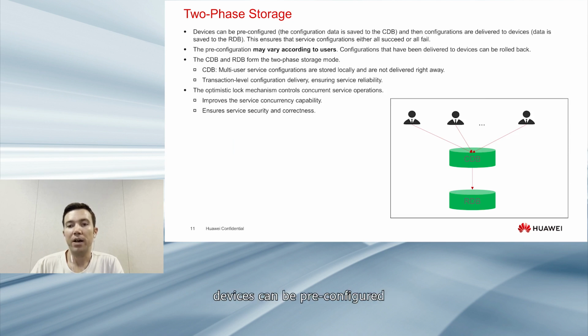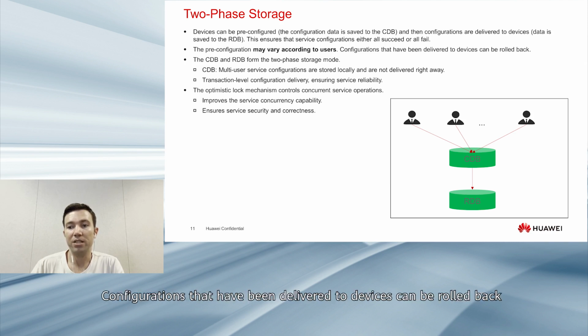With this mechanism, devices can be pre-configured, in which the configuration data is saved to the CDB, and then configurations are delivered to devices, meaning that data is saved to the RDB. This ensures that service configurations either all succeed or all fail. As shown in the figure, the pre-configuration may vary between users. Configurations that have been delivered to devices can be rolled back. The CDB saves multi-user service configurations locally without delivering the configurations to devices right away. It also supports transaction-level configuration delivery. To ensure service reliability and security, two-phase storage uses the optimistic lock mechanism to control concurrent service operations. During pre-configuration,